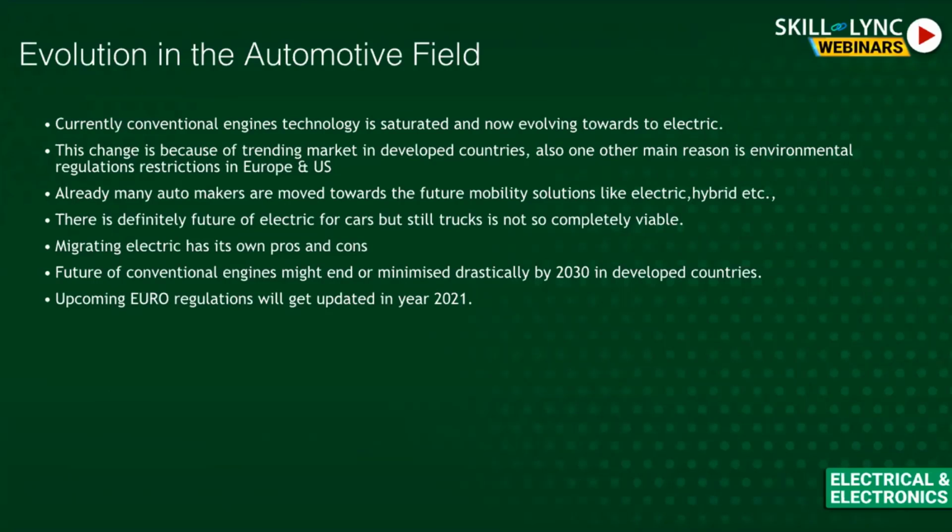Okay, evolution in the automotive field. I talked about the engines. Okay, it started with the external combustion engines in the trains. After that came internal combustion, like a bike, car, and all. And coming to the very next slide, the very next generation is the hybrid generation, a mix of two fuels. And the very next generation is electric, which is yet to come. So this is how the engines are getting transformed, and we are now in the century where electric is the